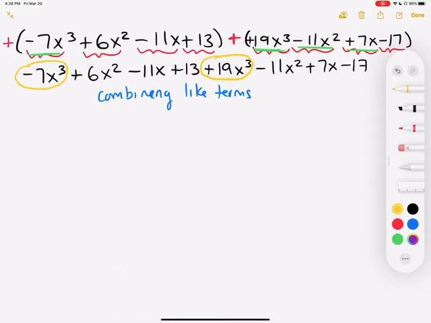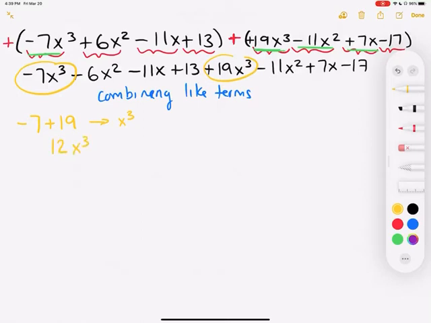Okay, so how do I combine like terms? I have to either add or subtract the coefficients, the big numbers, as if this was negative 7 apples plus 19 apples. So this is what we're going to be adding, just the coefficients. What is the addition of the first coefficients? Let's see. That's going to be negative 7 plus 19. These are going to be x cubes. So negative 7 plus 19, that's going to be 12